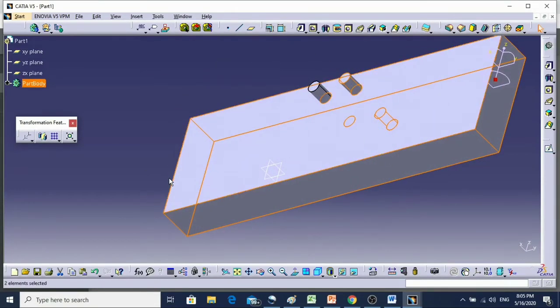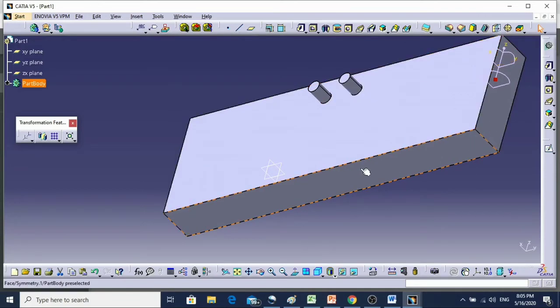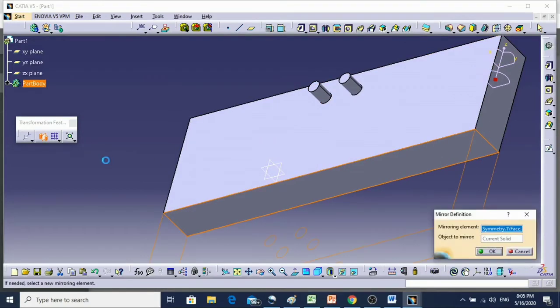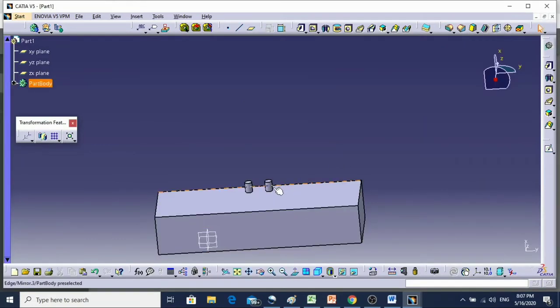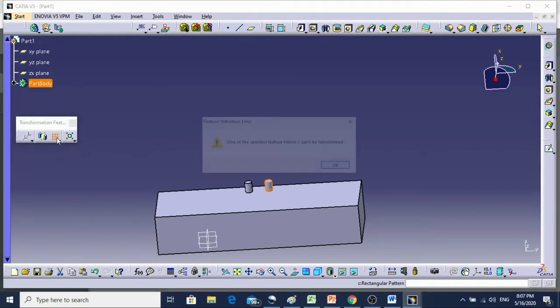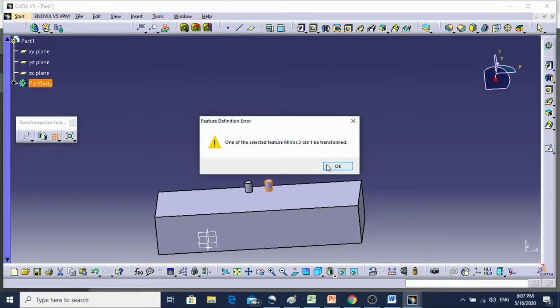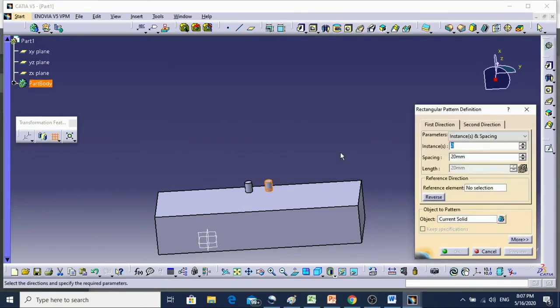Okay, if I will choose this plane, then this side. Okay, see, we have to select this first. Okay, then pattern. Okay, so now this is first direction. For first direction,